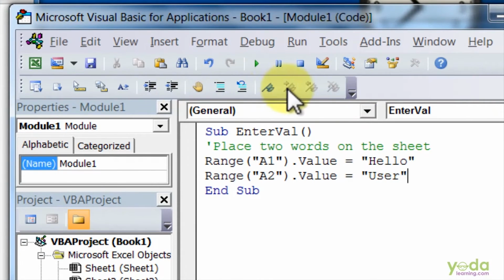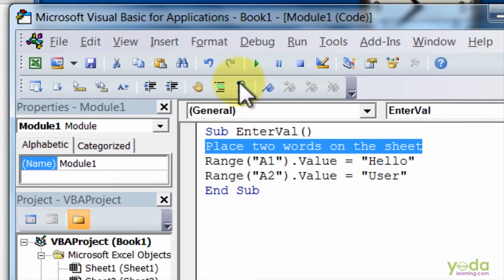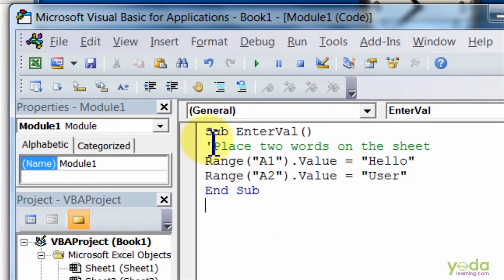So here is my Edit toolbar. Now if this line was not a comment and I want to convert it into a comment, I will select this and click on Comment Block. So this line will act as a comment now.